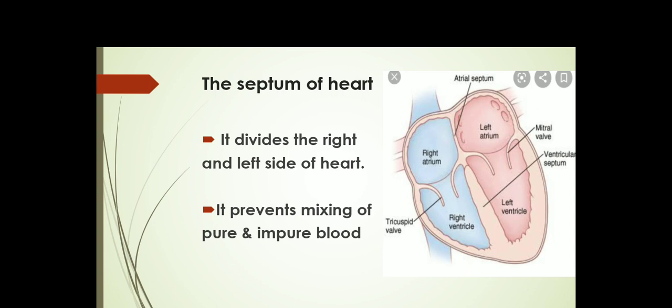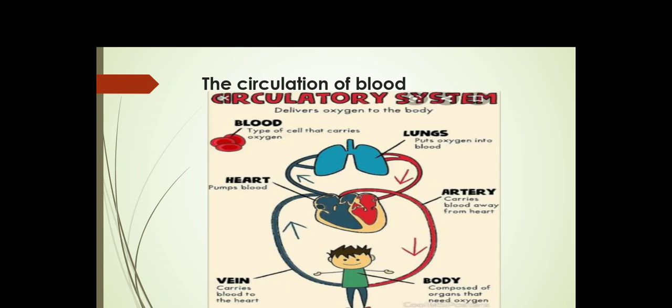It is the septum. Okay children, now you should know about the circulation of blood. I know children it is a little bit confusing, but please try to remember. Before that I will tell you a few things. The heart will pump the blood throughout the body. Understand? Veins will carry the impure blood and arteries will carry the pure blood. Veins are shown in the picture in blue color and arteries are shown in red color.